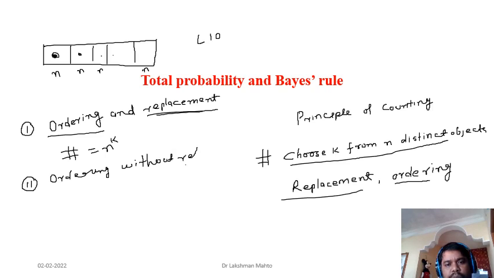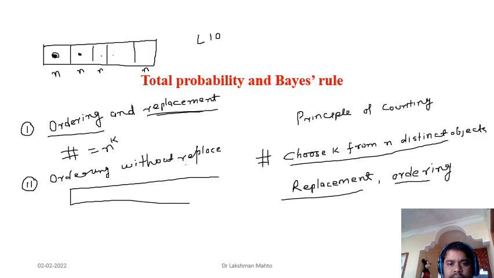Okay, so what are the possibilities now? What is the process to find this counting principle, the number of ways to choose k objects from n distinct objects? Let's come to the box criteria again. That means you have k boxes, and you want to fill the k boxes with elements, and here there is a proper ordering.